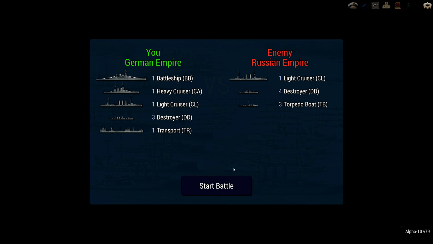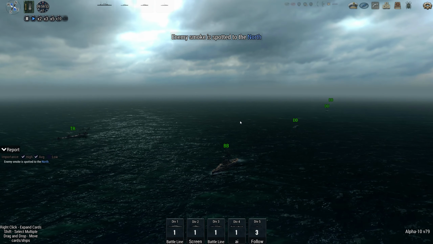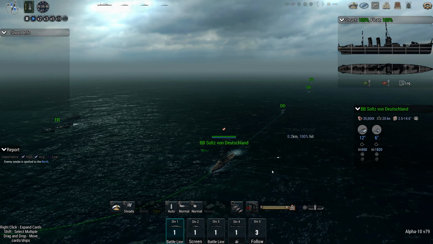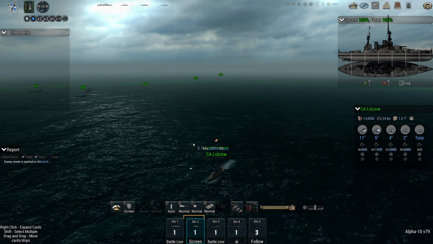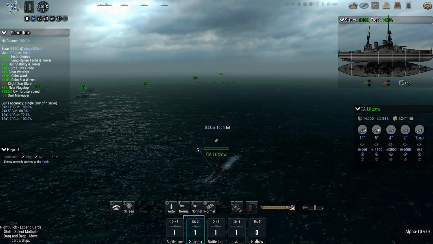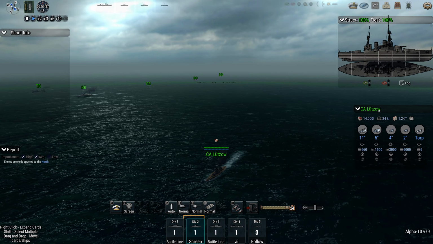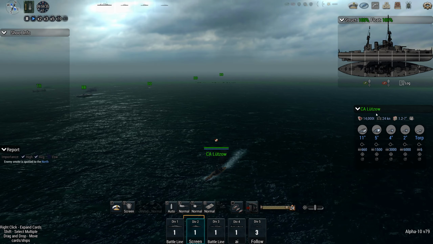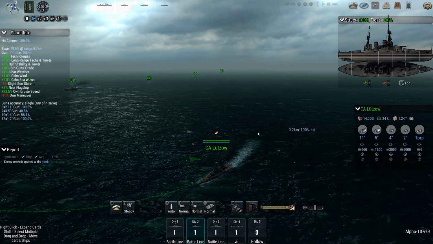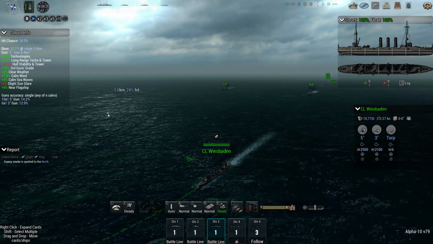Okay, light cruiser, 4 destroyers and 3 torpedo boats. Smoke is spotted to the north. Okay. Soltz von Deuschland, come about. Lutzlow. Lutz? Or Lutzer? No, it would be a V, wouldn't it? So Lutzov? Lutzov. German speakers in the comments, please tell me how you pronounce this. I am trying. Light cruiser